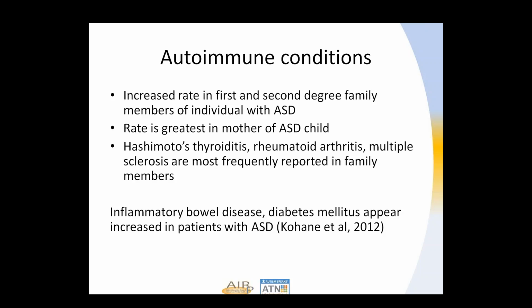Regarding the autoimmune conditions, the study I mentioned earlier out of Boston that had 14,000 individuals across 4 hospitals, they did find some autoimmune conditions were appearing with an increased rate, in particular inflammatory bowel disease and diabetes mellitus. So it's not clear what's going on with autoimmune. I think this is an area of further study in autism as we learn more and more about autism and the medical conditions associated. Next slide, please.